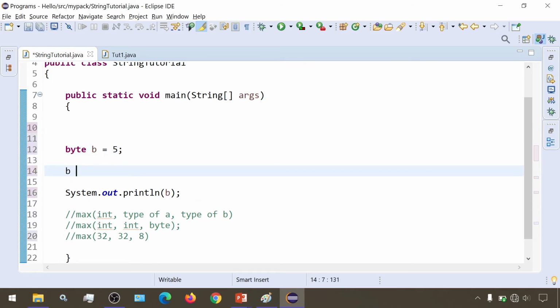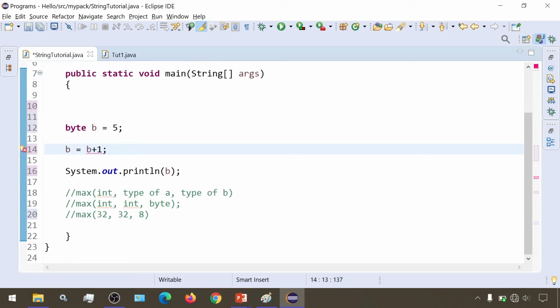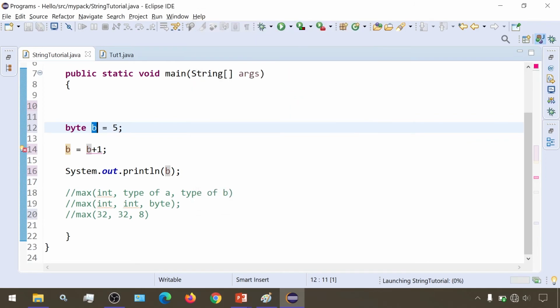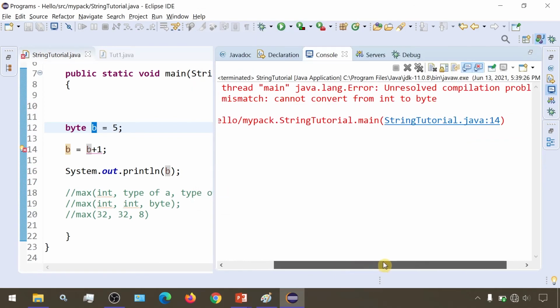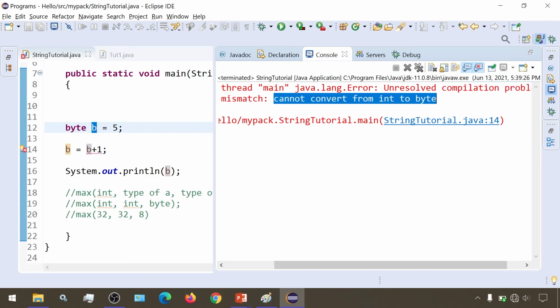Now b is b plus 1. So we have this byte variable b with the value 5, and we are adding 1 to this byte value, and then we are printing this. Logically thinking, 1 should be added to b and we should get 6 as our output. But when I run this, it will give me the error: cannot convert from int to byte.